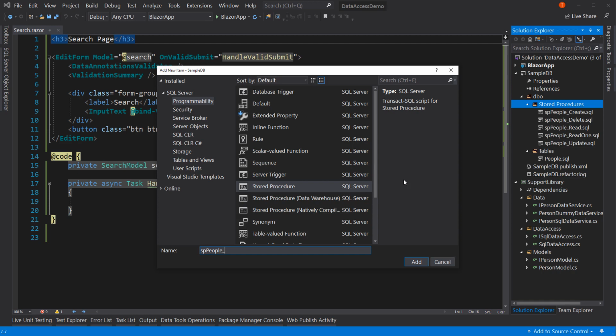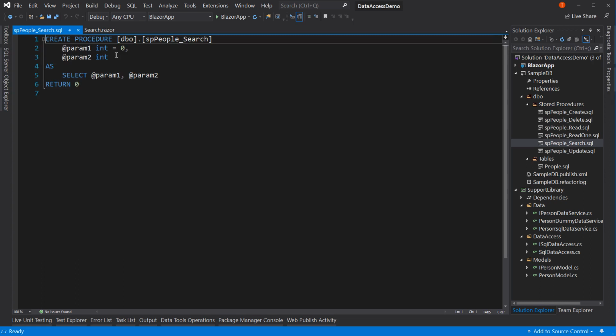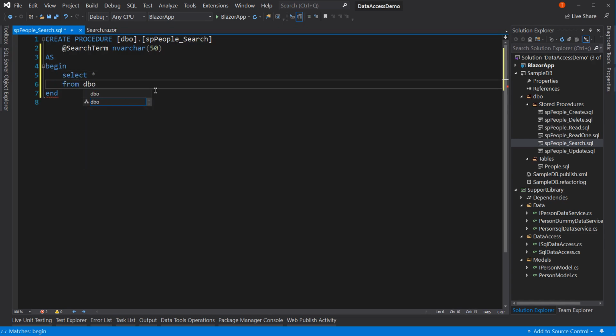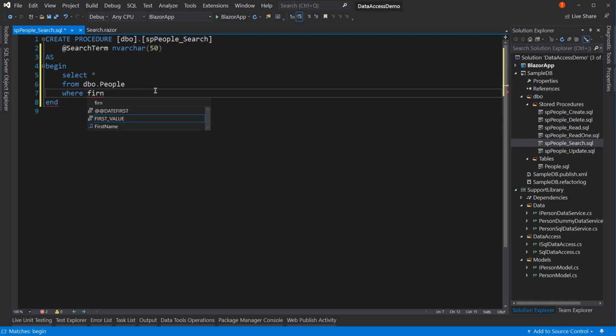SP people underscore search. And this is going to pass in a search term, varchar 50. Since the longest a name can be is 50, I don't see why we don't limit it like that. Begin, end. Inside here, we're going to do select star from dbo.people where first name